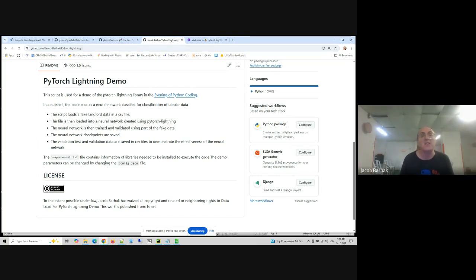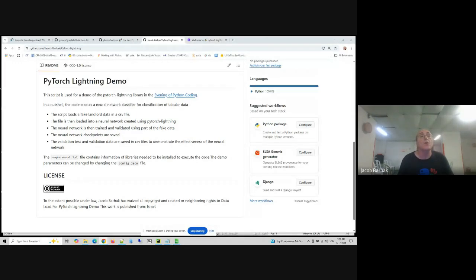I'm actually going to post it here, so you'll have access to the code. Give me a second. I have to find the cursor. It's kind of hard in this environment because the screens are funny, how it's all set up. There we go. So this is where you can find the code and you can follow it. Notice that I put the code under a CC0 license, meaning there is no copyright. You can butcher the code, do whatever you want with it. There is no copyright here, or at least it was waived.